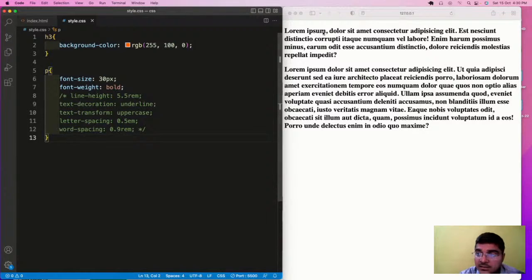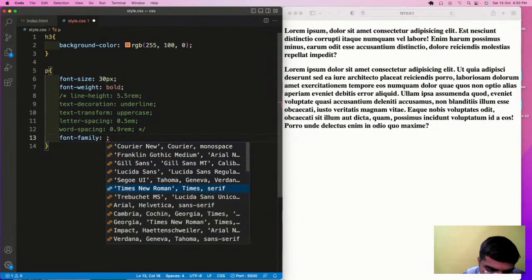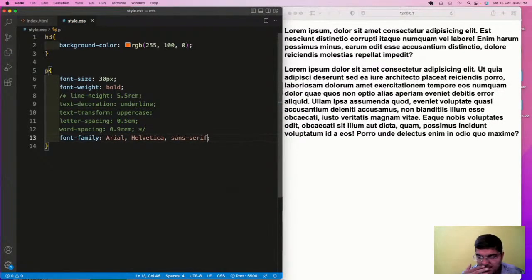Now, let us have some fonts. Here we have to add a minimum of 3 fonts, which are there in front of your screen: Arial, Helvetica, and sans serif. So Arial is the primary font, and Helvetica and sans serif are the secondary fonts, or the fallback fonts. Now, why are these 3 fonts required? Because if you see here, currently